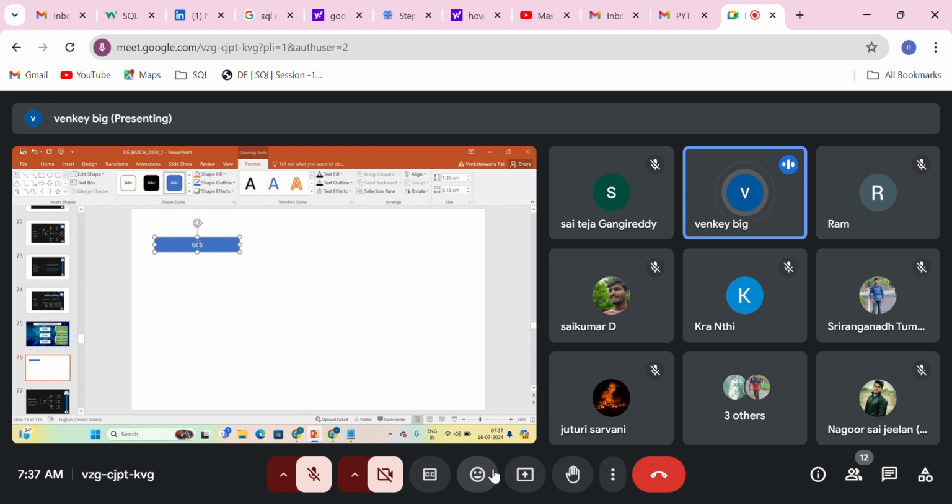So we can use this GCS as a storage layer in Google Cloud Platform. That service we will see. And after completing GCS, we are going to see the Vertex AI pipelines. Sorry, Vertex AI notebooks.